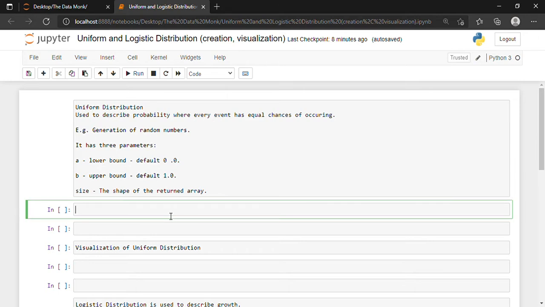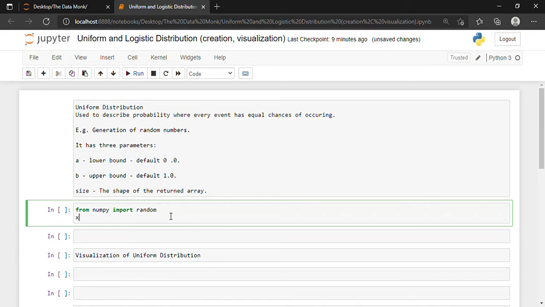For creating the uniform distribution or any distribution, first we will have to import the random module from the NumPy library. So we will write from numpy import random, and then x is equal to random.uniform, and then we will have to mention the size.